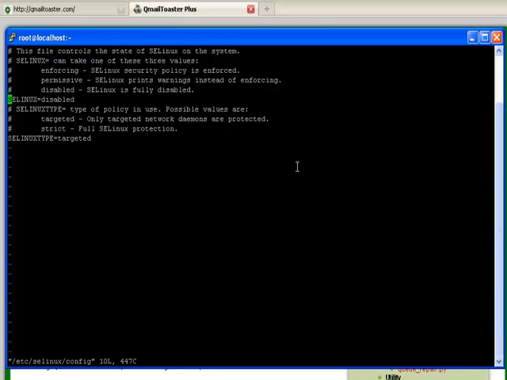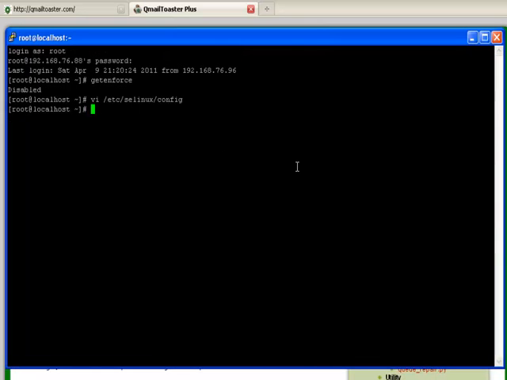And you would want to change SELinux equals to disabled and then save the file. Once you've done that, you'll need to reboot to remove that. Now that I just want to make sure I got that out of the way, let's go ahead and get the